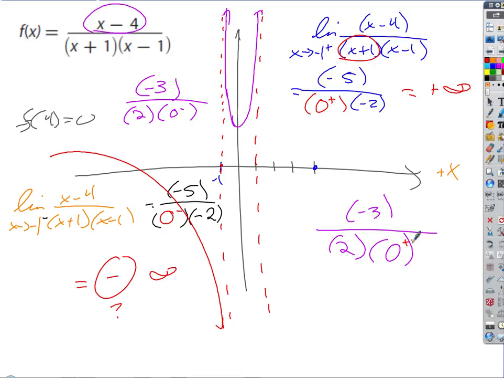So we know that if we look at the behavior of this expression, the 0 on the bottom makes it infinite, right? But I've got 2 positives and only 1 negative. And so it's going to be a really big number and it's going to be negative, right? Just like any other quotient of numbers here, a negative divided by a positive times a positive is negative, right? That makes it infinitely big because, like we said yesterday, when the bottom of a fraction gets small, the fraction gets big, right? And so then on this side,